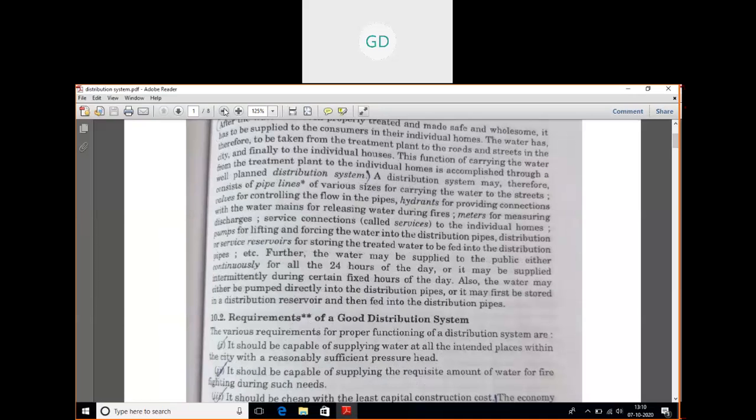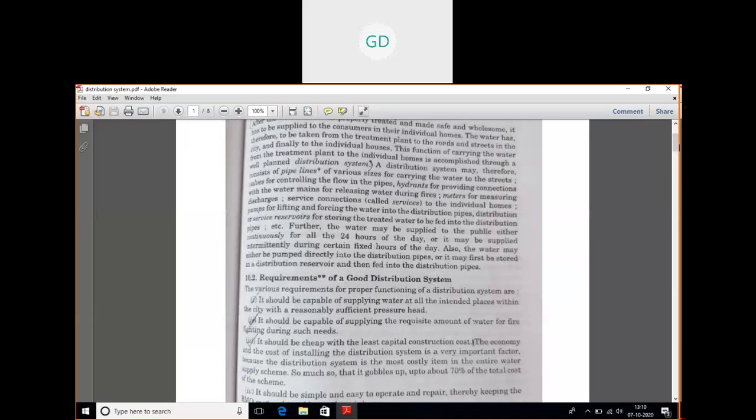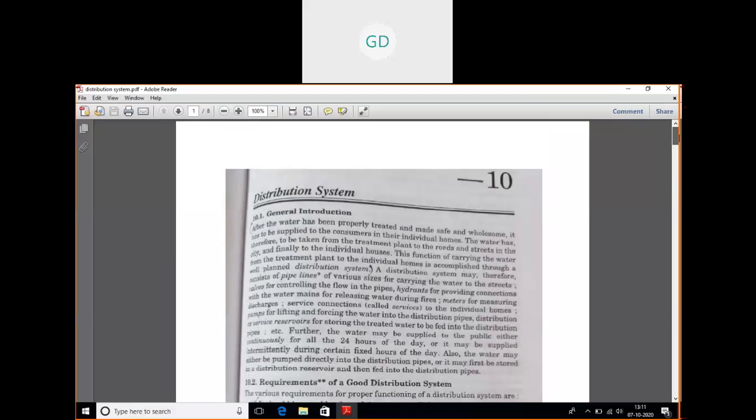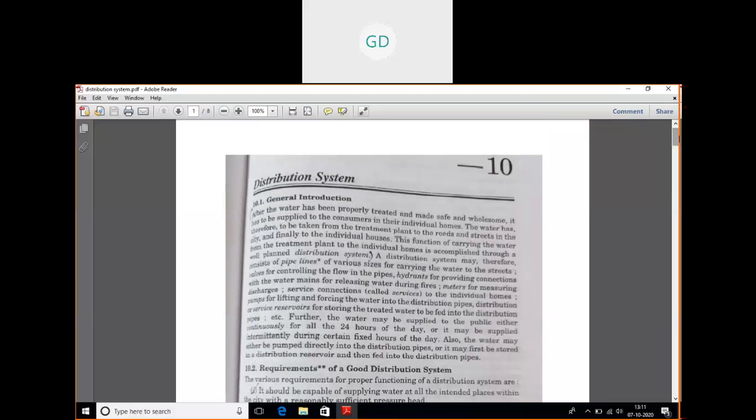We were discussing the requirements of a good distribution system. That day I couldn't show you the PDF, but today I have brought it. So we were discussing your distribution system. Okay, what I told is that after the water has been properly treated,